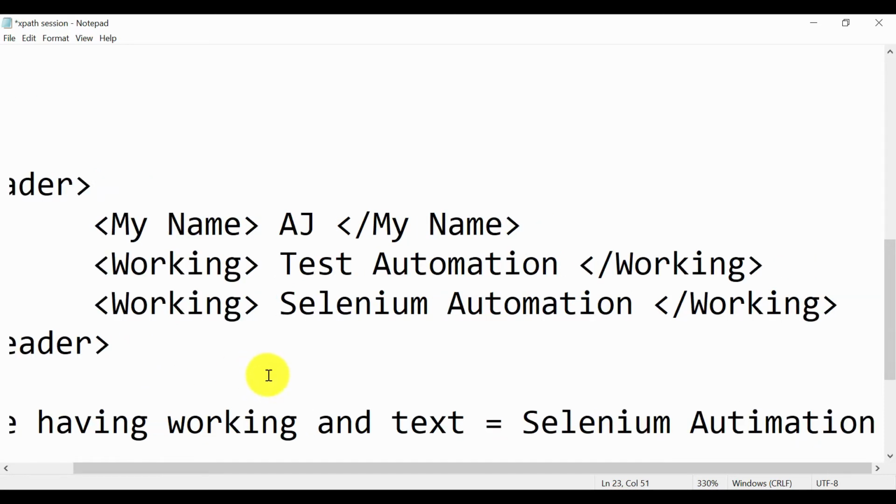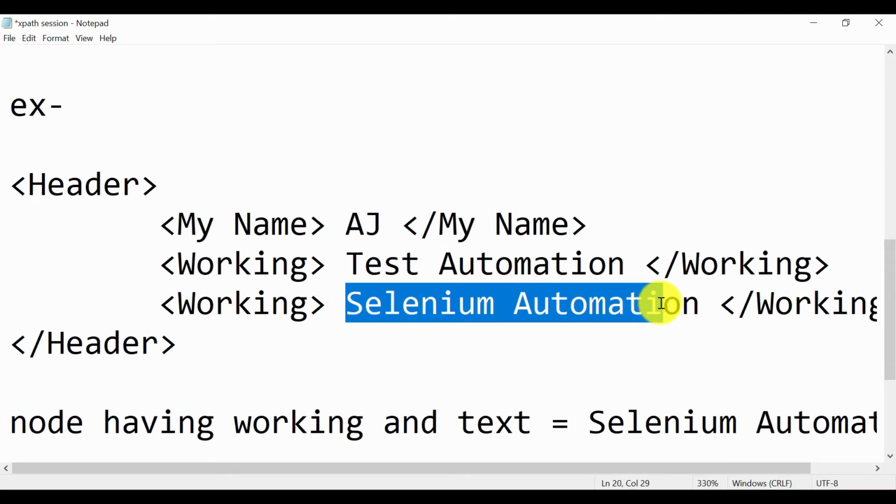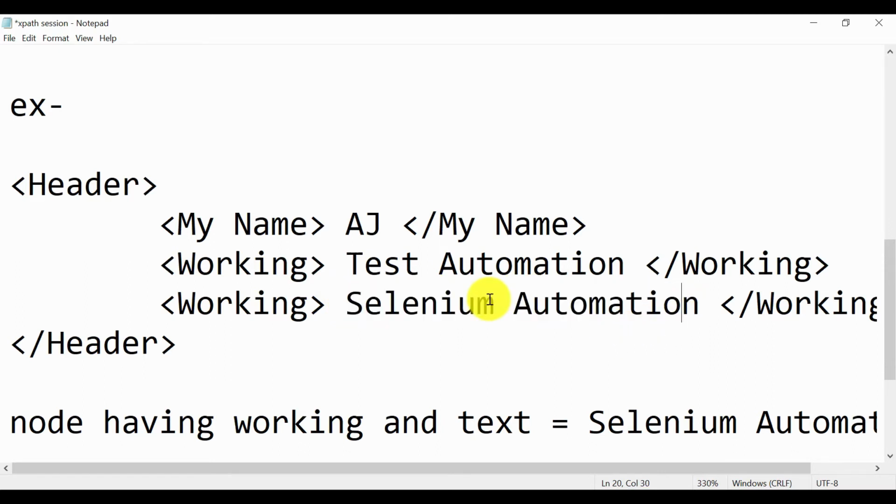If you want to go to a particular node from this object, this is just an example, not in the form of a query, but a practical example of how you can go to a particular node. You need to use some node property, and if text is present, you provide that, and XPath will reach that particular node.